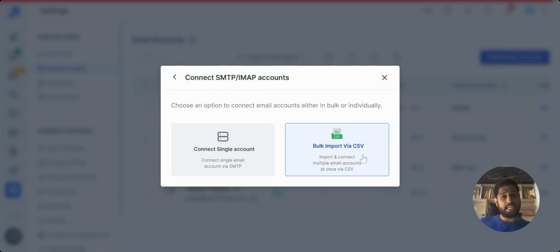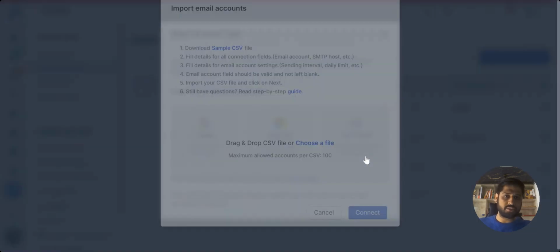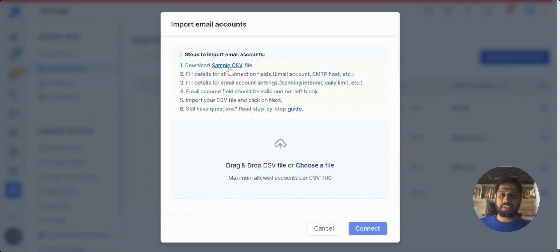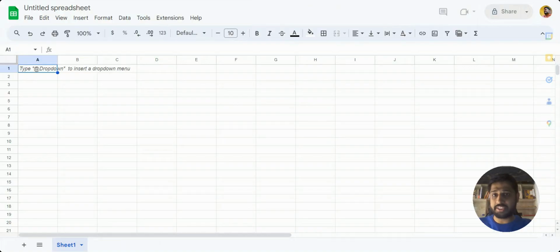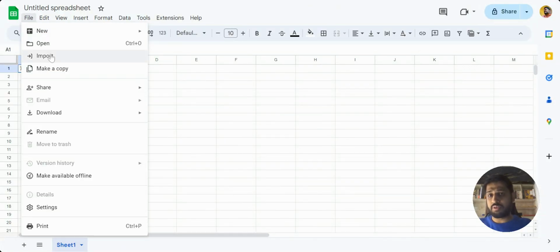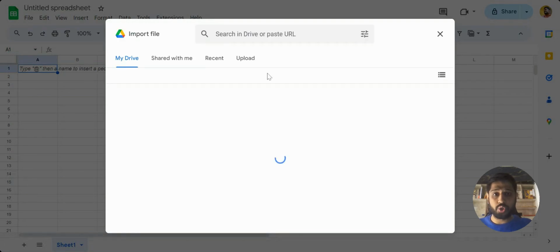So you can see it would allow you to upload your email accounts via CSV. Let's just select this option. And this is the sample CSV you can use to upload your email accounts. And let me just show you how this CSV actually looks like, right? So let me just share this tab again. And let me just upload the file which I have already downloaded to show you how you can do it